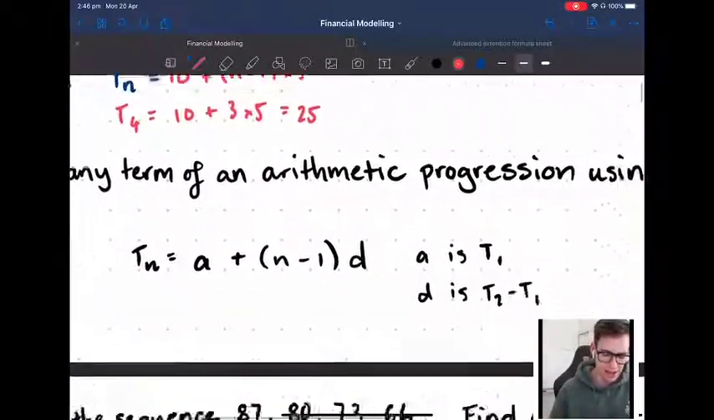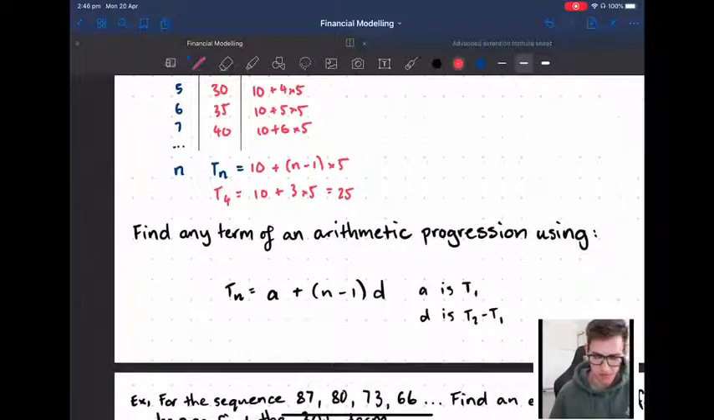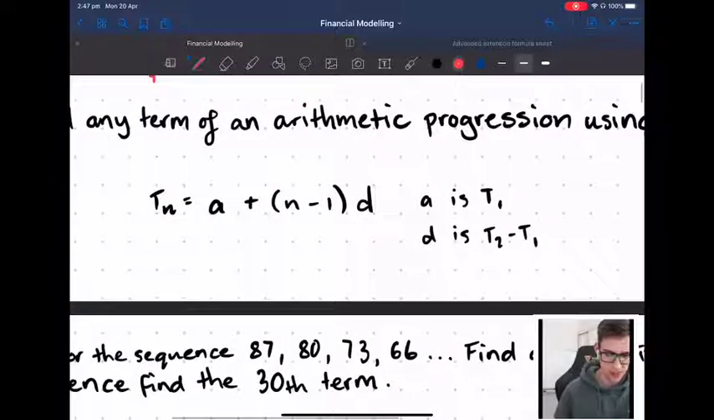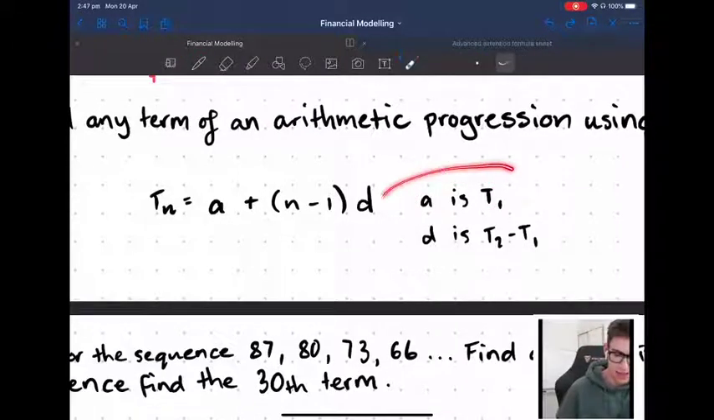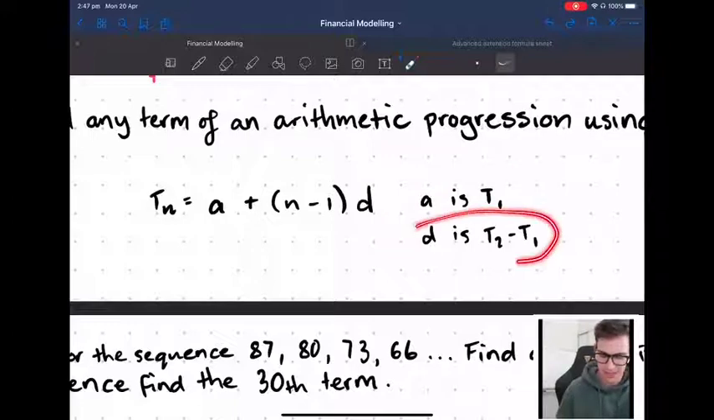Cool. Now, to do that for any progression, for any sequence, to come up with this rule, we're not going to write out that full table. That's crazy. You don't have the time. What you're going to do is write it in terms of A and D. So remember, A was, like it says here, our first term, and D is our